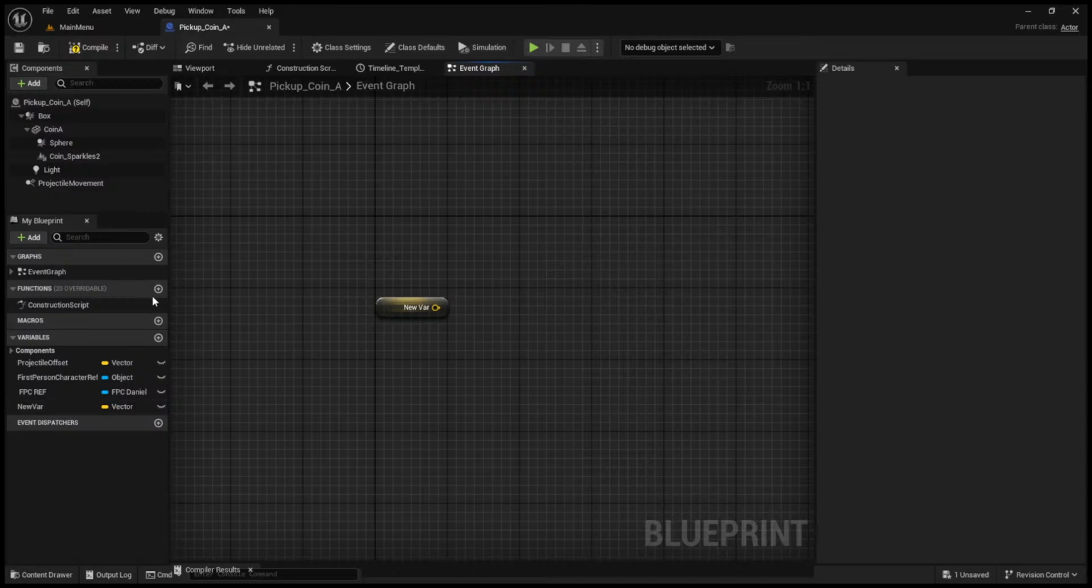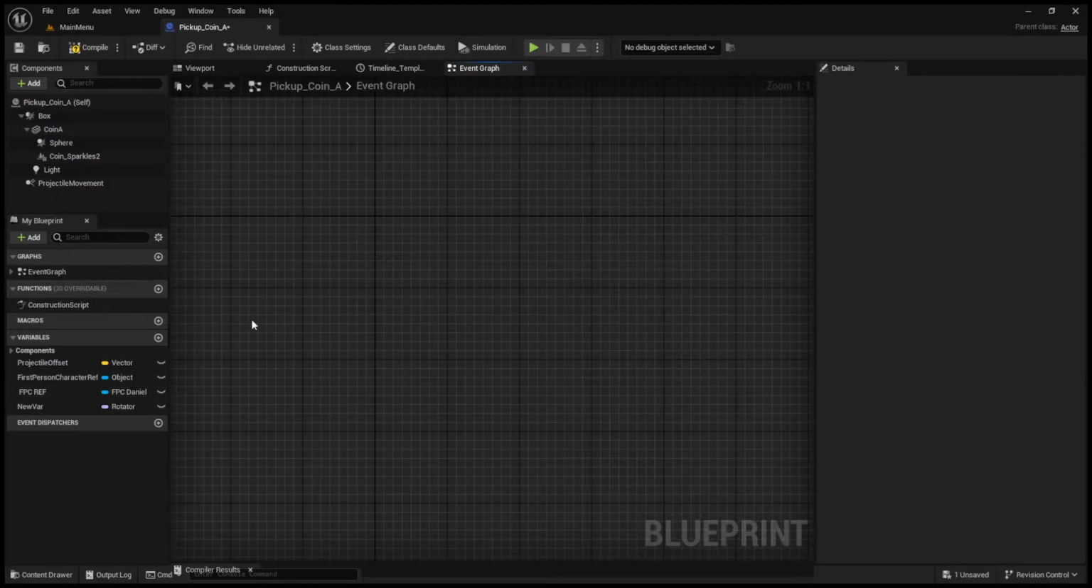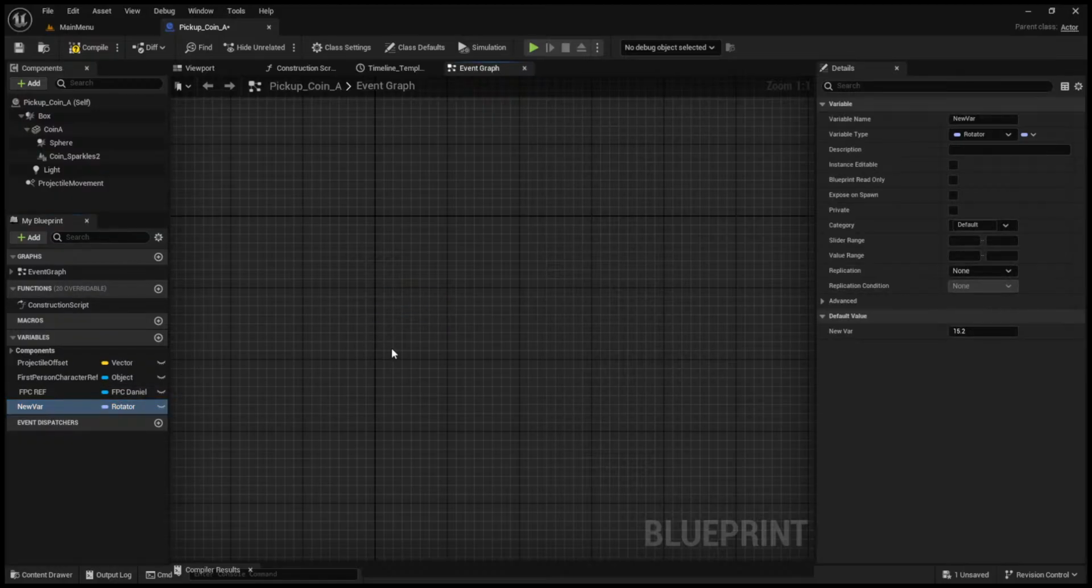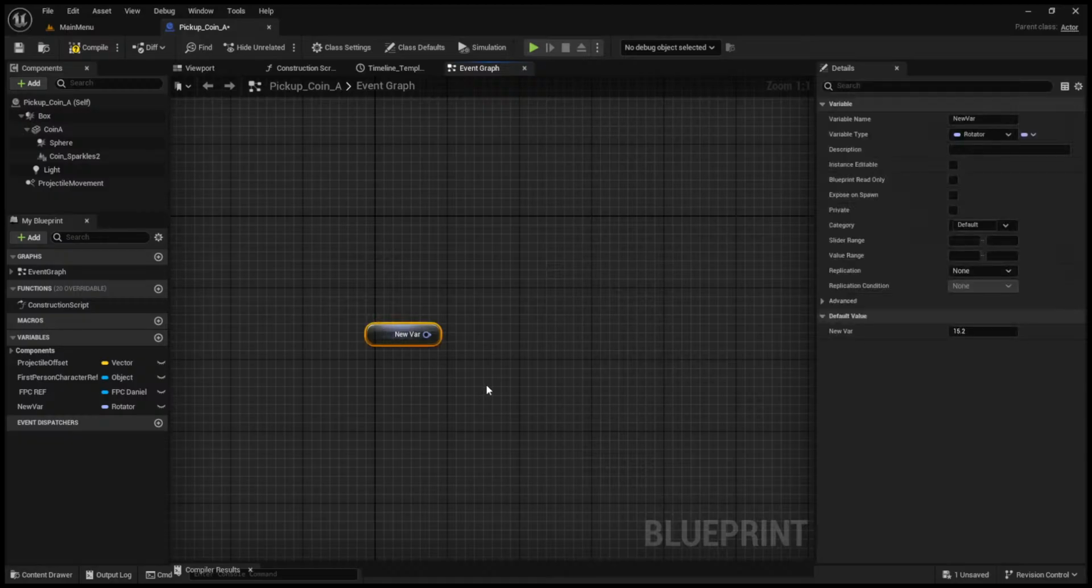Let's see. Rotator. Oh wait, hold on. Let me delete this first before I change it. Okay. Same thing. If I do like an add here. Oh, actually, it doesn't work like that. But same kind of thing. So vectors typically are just a certain point or position, whereas rotator, this can drive a certain rotation specifically of